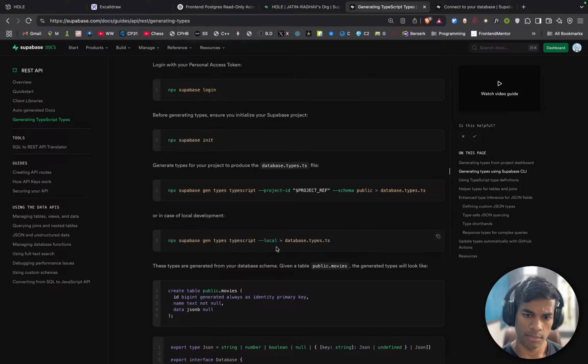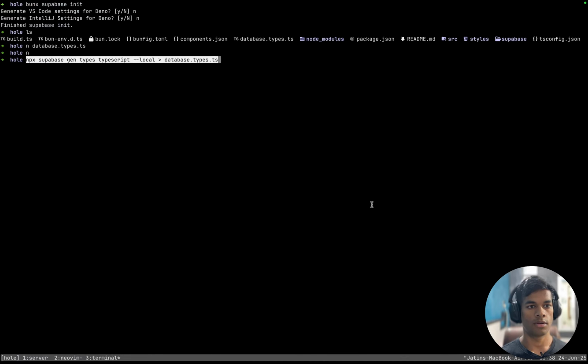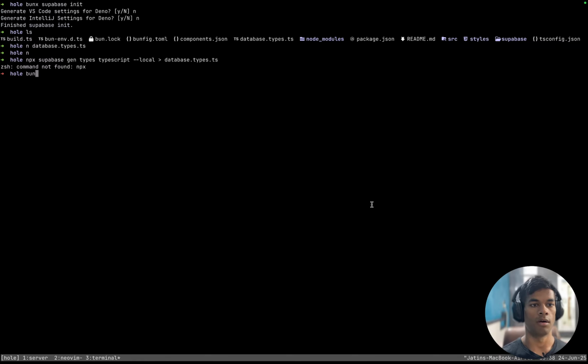So supabase gen types local. With npx supabase gen types typescript local database.types.ts.